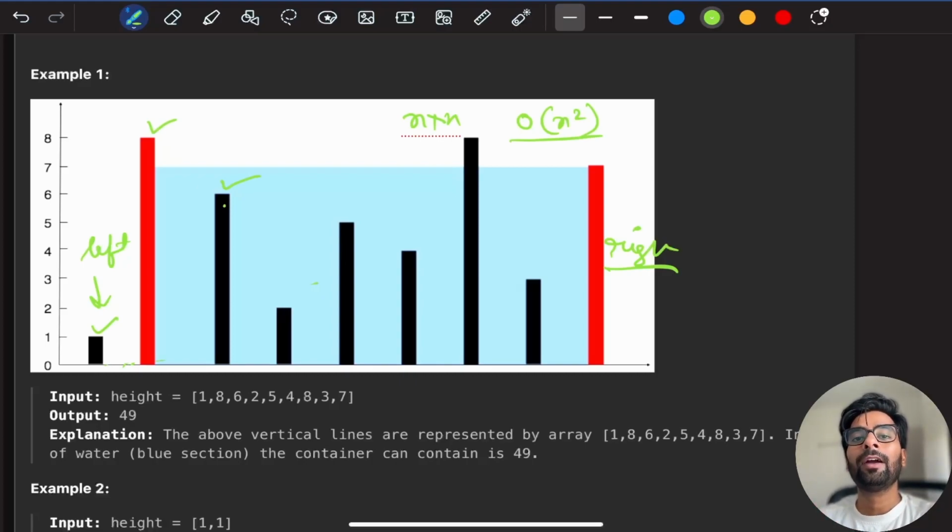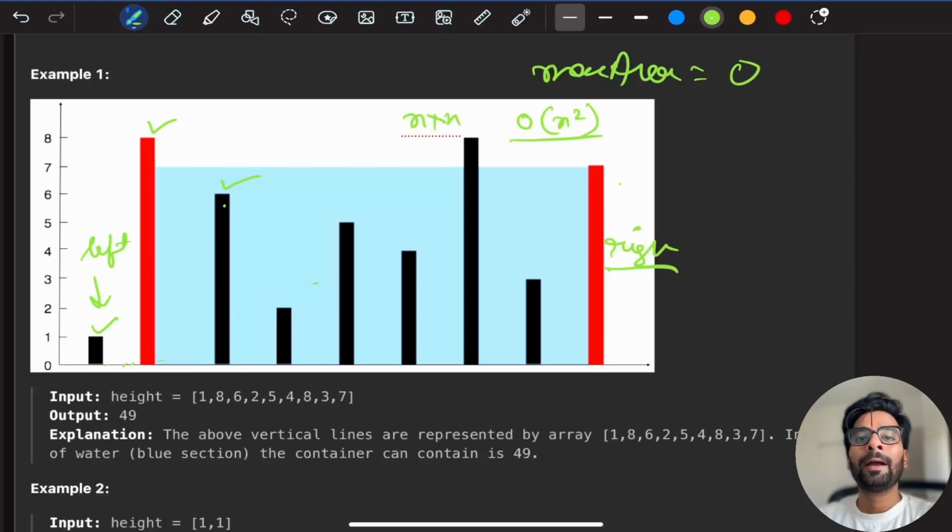Now the second limiting factor is height. I need to ensure that height should be more, right? So now out of these two vertical lines, the last red and the first black, which is the minimum height? The minimum height is the left one. So I will calculate the area now. I will update my max area variable,